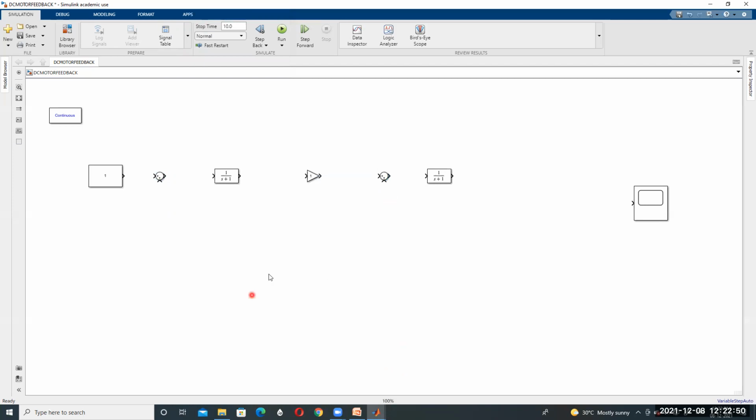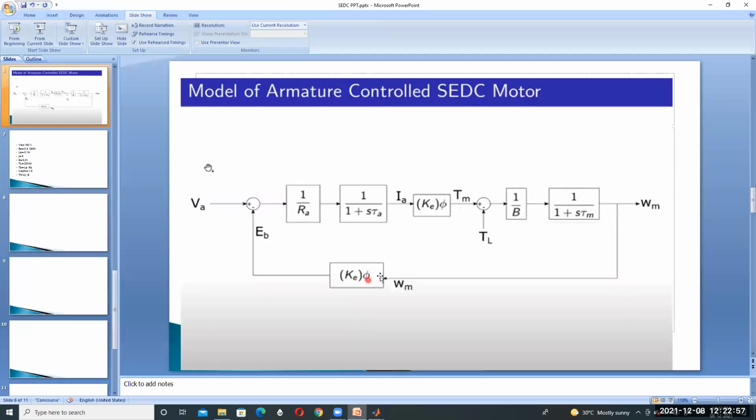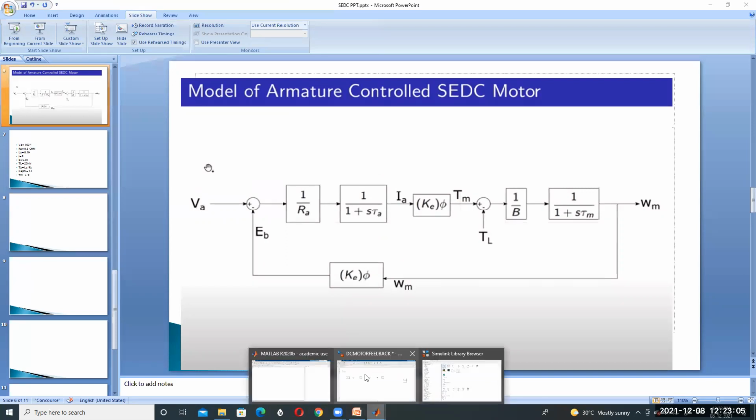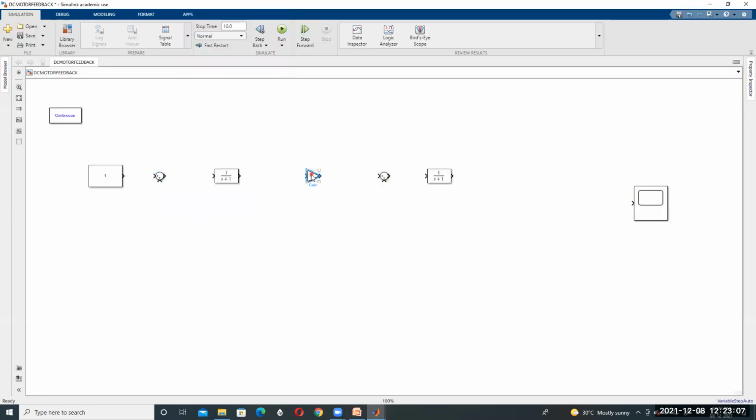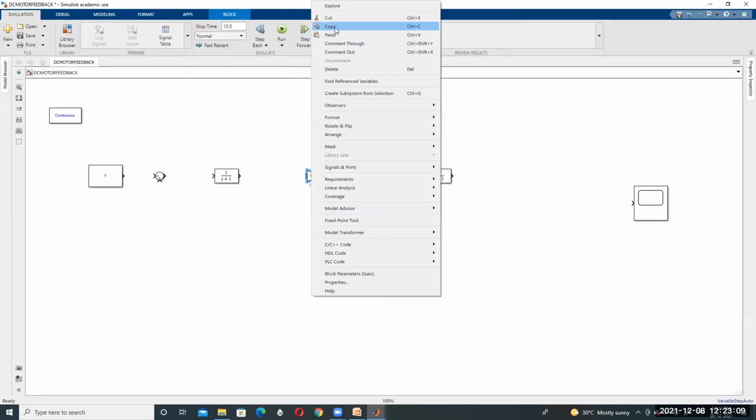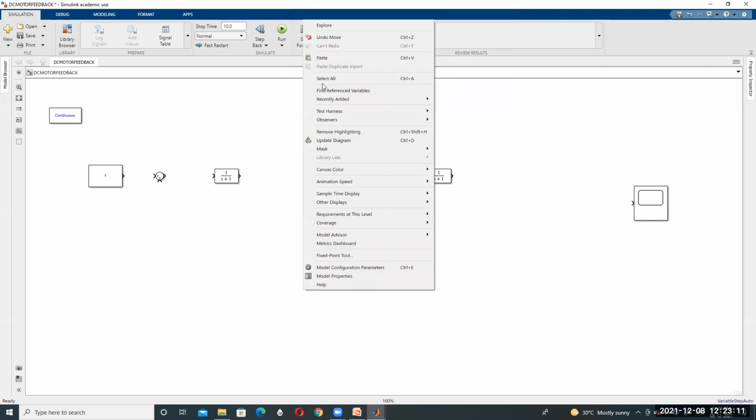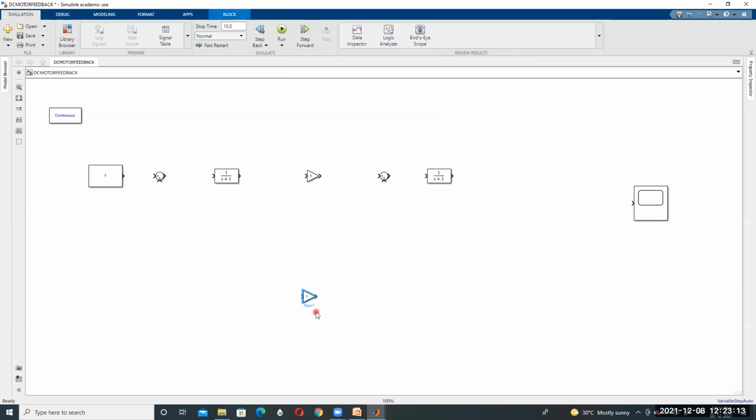Okay, so then it's completed, and then for feedback there is also a gain, same as before. This gain into pi is gain, so same here also. So we need gain. The direction of this feedback is like this, so that's why copy this gain and paste here, and then press Control R, and it will reappear like this.